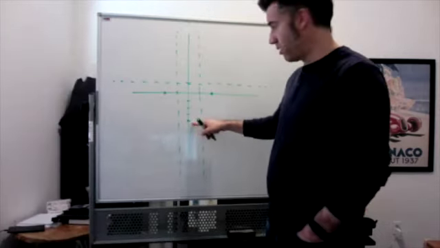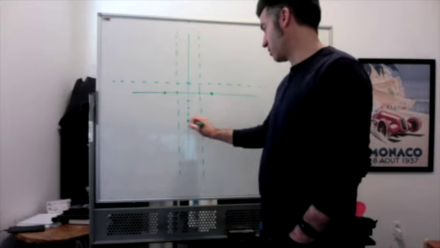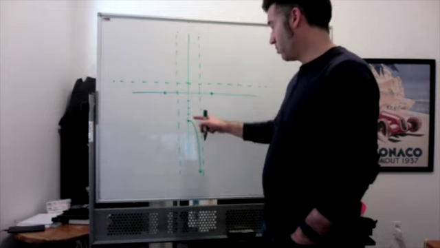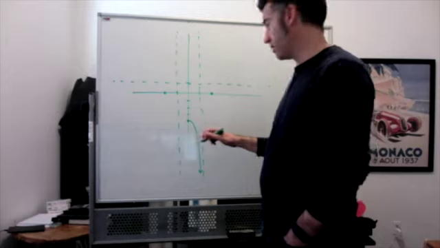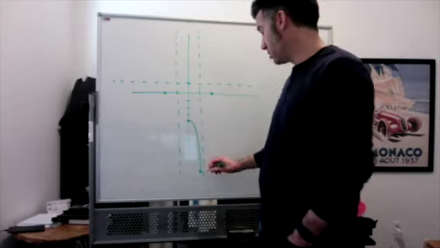Since I'm down here, if I move to the right, the first feature I encounter is a vertical asymptote, which means we're going to have to go that way, right? There's no other choice. We can't cross the x-axis. Done. And then on the other side, the vertical asymptotes have even multiplicity, so we also have to be down